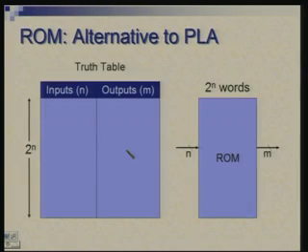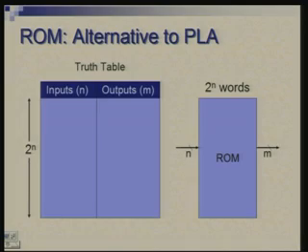So at this point I want to bring in another alternative to PLA, again another general purpose component which can be derived directly from a truth table. Suppose you have a fully expanded truth table with n inputs corresponding to 2 raised to power n rows, and it defines m outputs. This can be implemented essentially by putting this entire pattern of outputs in a memory. In particular we are talking of read-only memory, the kind of memory we use for instructions, where you are not modifying the contents, you give an address as input and out comes the data.